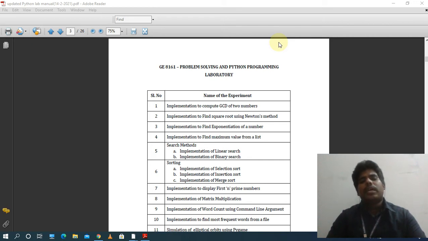And one more thing: if you want to use the command line argument, there is a module called sys, that means system. Through the sys module only we can access the command line argument in Python programming.